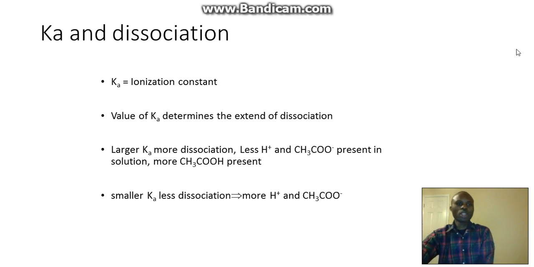So just repeating what we had, Ka is the ionization constant. The value of Ka determines the extent of dissociation. The larger the Ka, the more dissociation, and the more H and CH3COO present in solution. And here we know there will be less of CH3COOH present. For a smaller Ka, the opposite